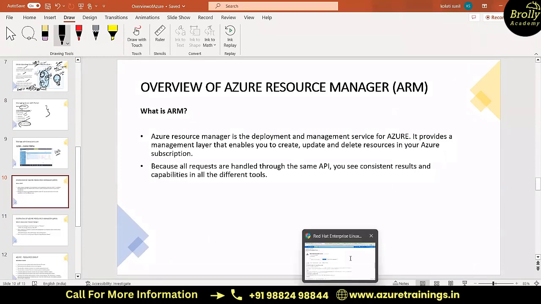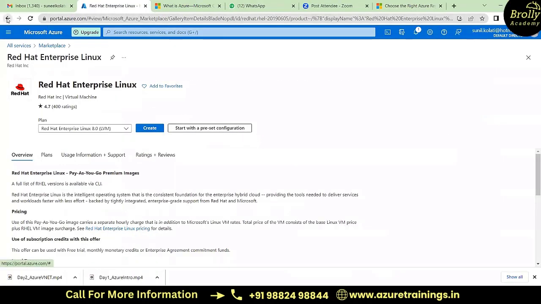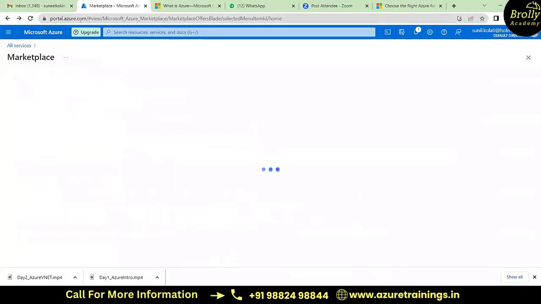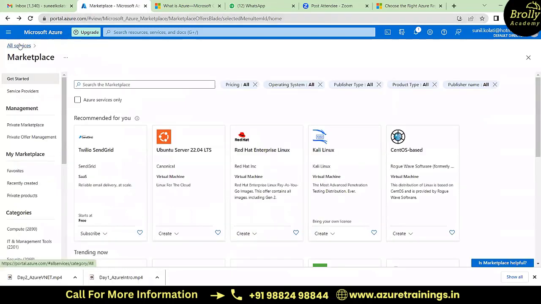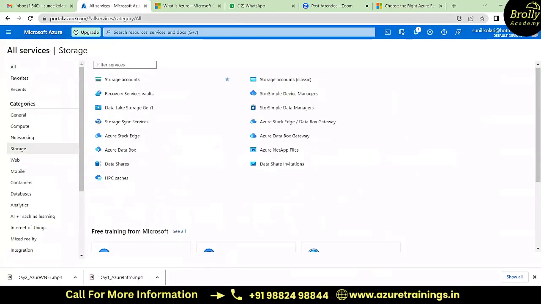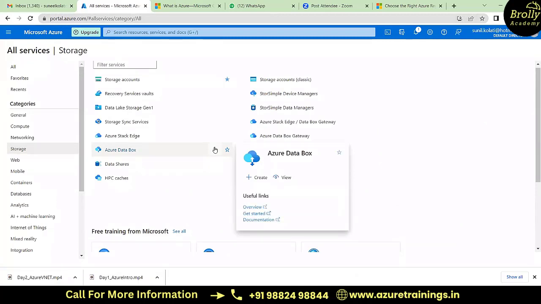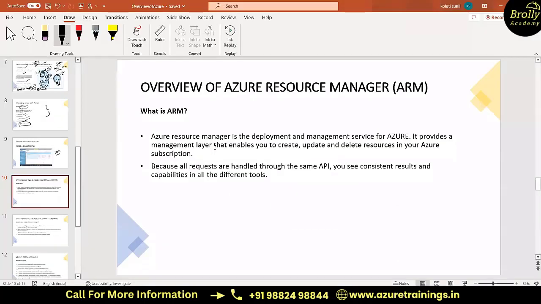So now we are using portal.azure.com. Instead of manage.windowsazure.com, from 2016 onwards, we are using portal.azure.com. We can also call portal.azure.com Azure Resource Manager. What is Azure Resource Manager? Here I gave a small definition: Azure Resource Manager is the deployment and management service for Azure. What it means, like, think